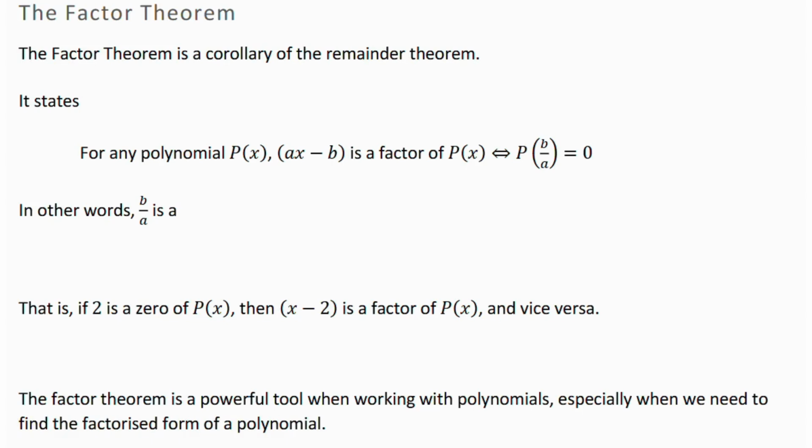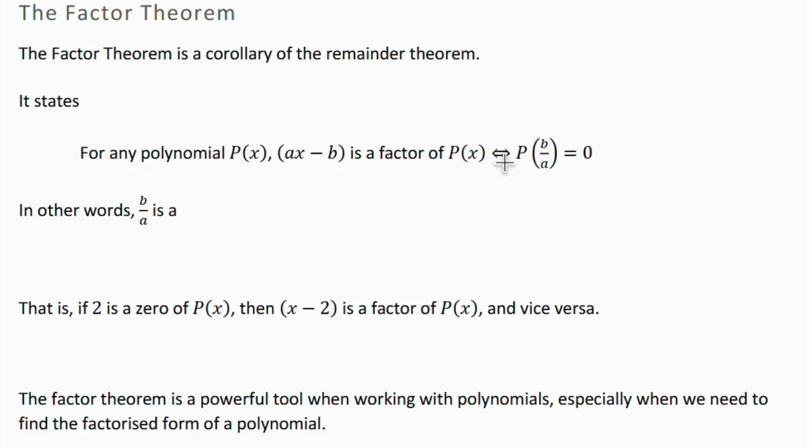The factor theorem is a corollary of the remainder theorem. Corollary means it's a theorem in its own right, but it's a direct result of the remainder theorem. It follows through directly from that. And what the factor theorem says is that for a polynomial p of x, ax minus b is a factor